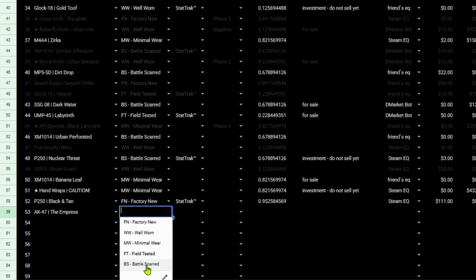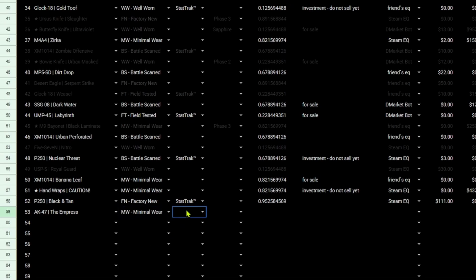In the StatTrack column, indicate whether the item has that property. In the phase column, we select the special phase of the item, for knives. The float column allows you to enter the float value of a given skin. The next column contains a description and any information useful for locating, valuing, or categorizing the item. These columns are especially useful when your inventory contains multiple skins with the same name, but, for example, different wear